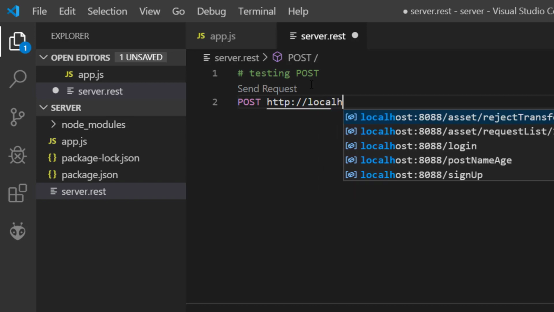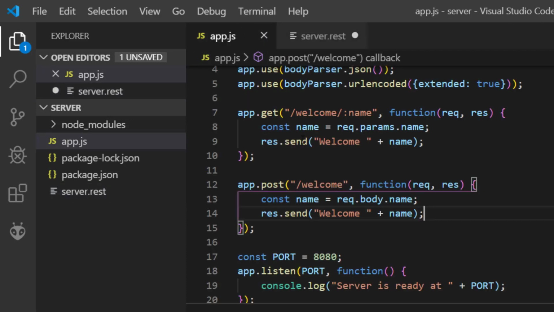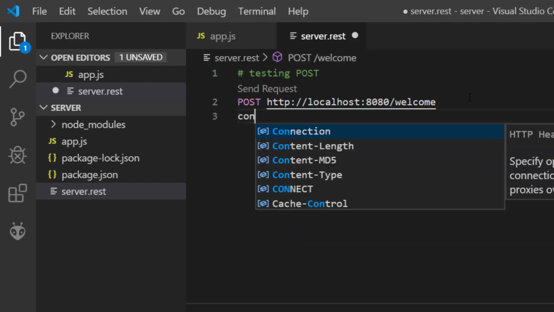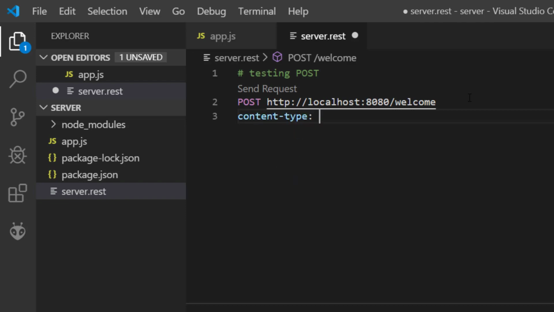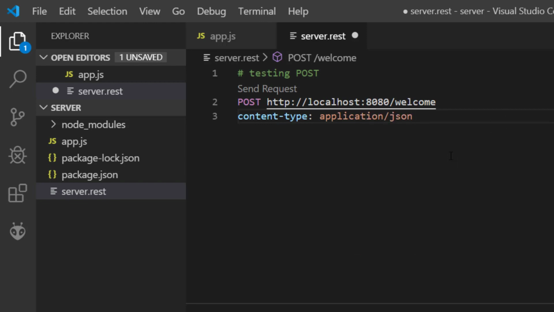is now localhost at port 8080 and /welcome. So this is a service that we have created before, like this one, /welcome at the post service. So the method should be POST here, and then you just provide the content type. Here it will be application/json, and then provide a blank line here and provide the JSON format of the data that you would like to